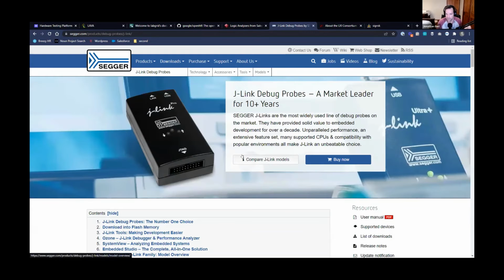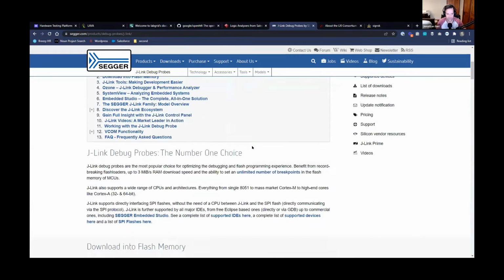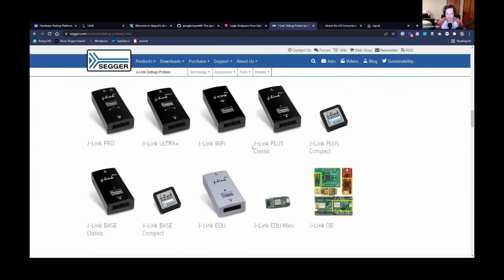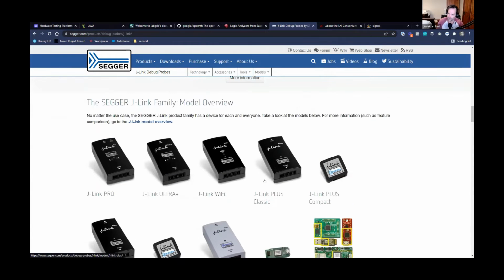The most common one is something like this. Segger is the industry standard. You often are in this scenario when you're manufacturing, but it's also for development. And so you might have a USB on one end, and then do they have any nice photos of this? No, but you might have a cable, and then you'll have a cable from this debugger and programmer into your device. And so in that scenario, you have this dedicated piece of hardware that talks to your IoT device. And so both of them might be connected over USB.